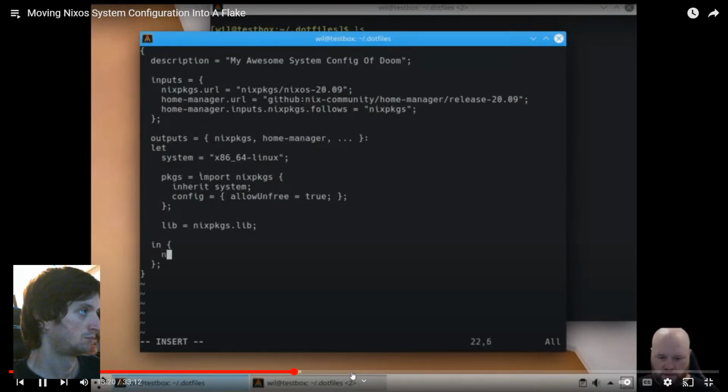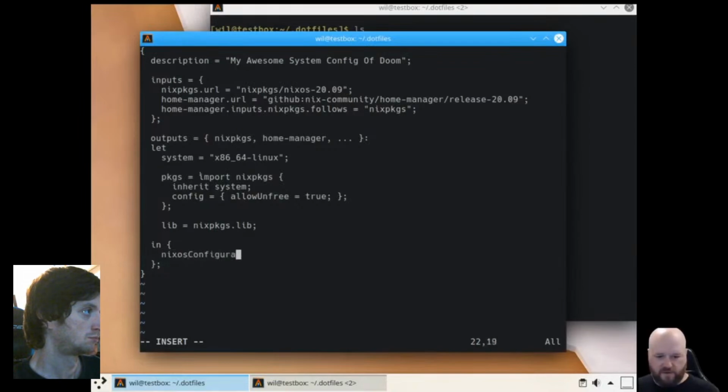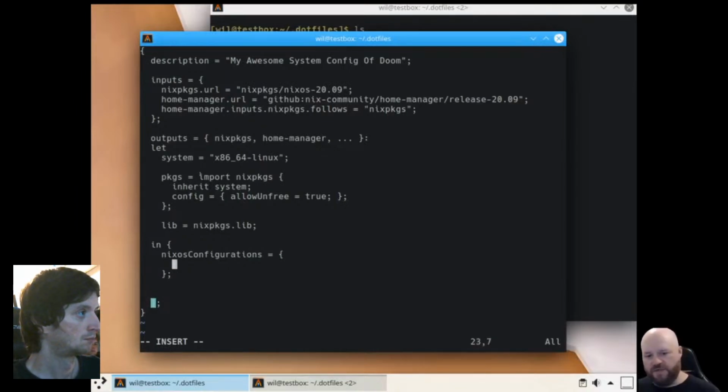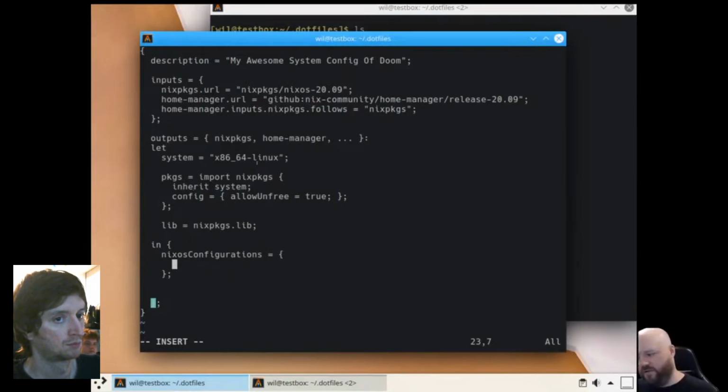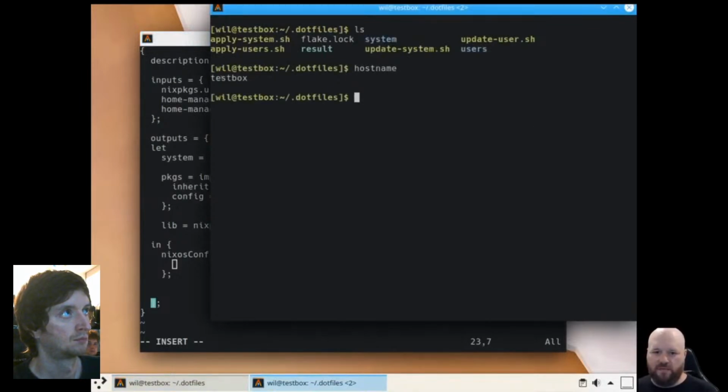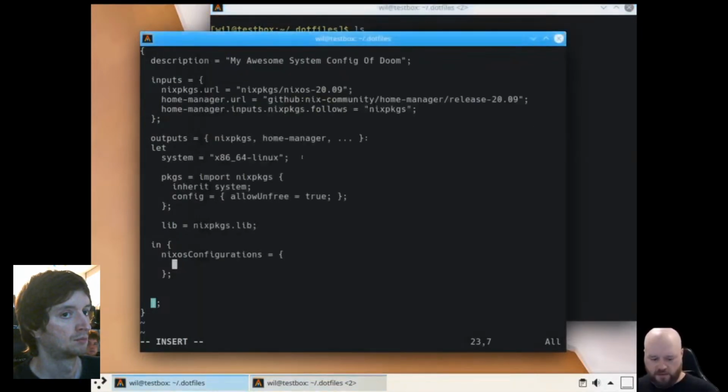So if we go nixosConfigurations, we can actually set up all of our system configurations inside here. So the way this generally works is you name the configuration the name of the host, and then it'll automatically look for a configuration that's got that host's name when you use nixos-rebuild. So in our case, our host name is actually testbox. So we'll just call it testbox, and then we go